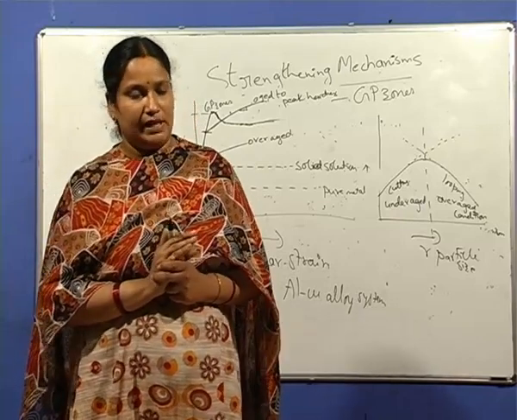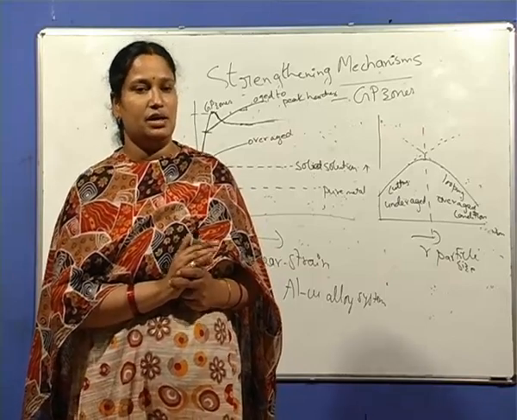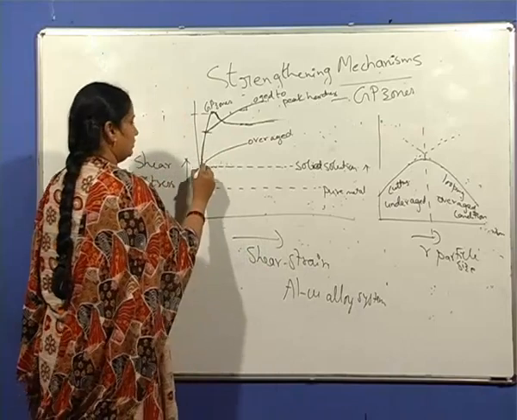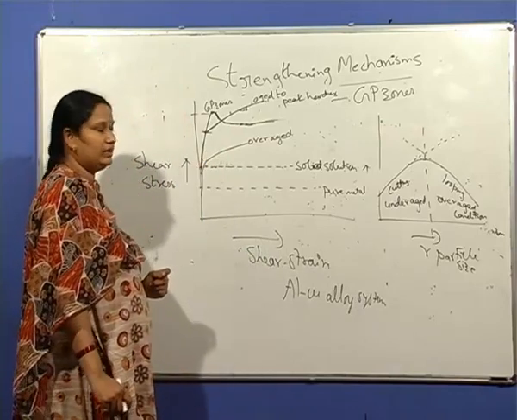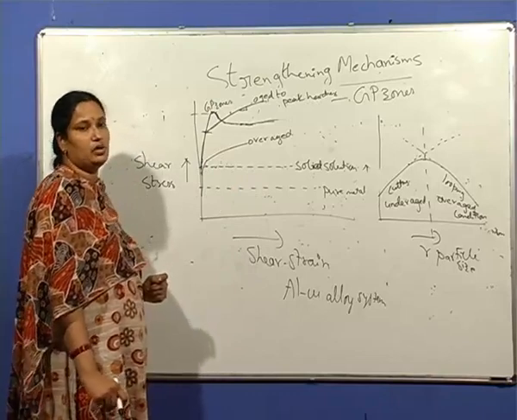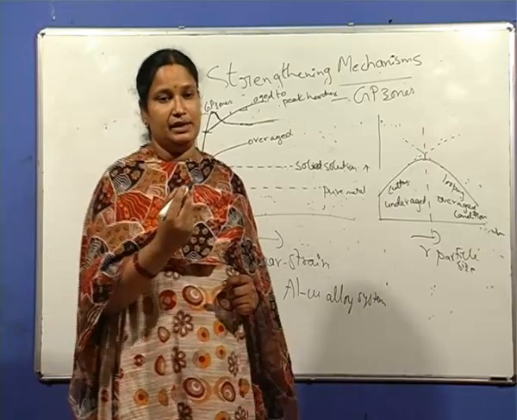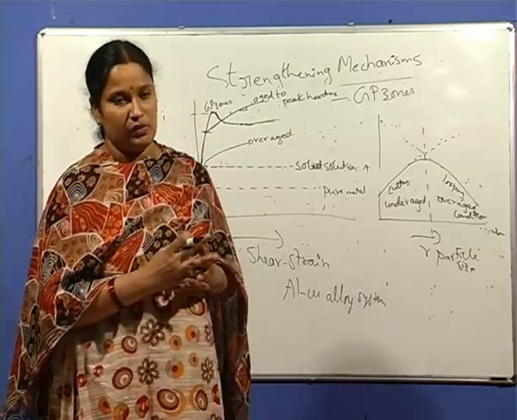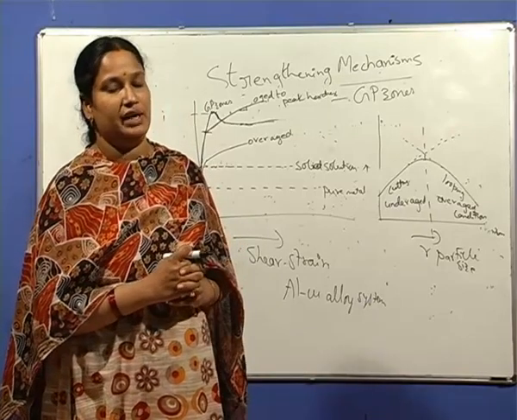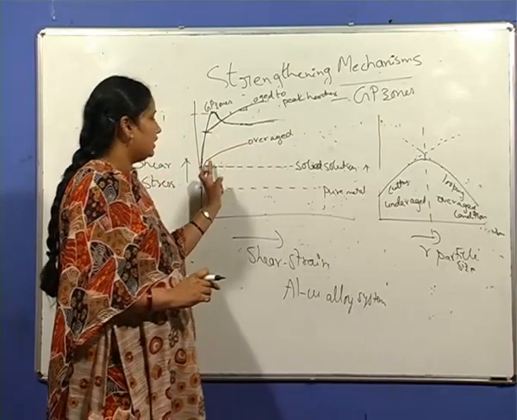Even though it shows a slight decrease in yield strength, the rate of strain hardening is very high. And for the case of overaged, the yield strength is lower, but the rate of strain hardening is also higher. Why? Because tangling of the dislocations occurs, which increases the rate of strain hardening. In the overaged, the yield strength is lower,